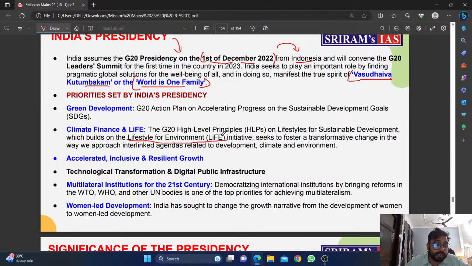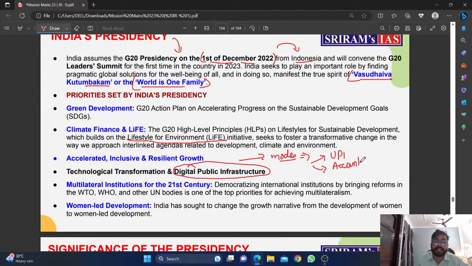Then accelerated, inclusive and resilient growth. This is the next agenda. Technological transformation and digital public infrastructure. Now, what is digital public infrastructure? Basically, all those new modes that India is developing. Like India is working on UPI, India is working on account aggregators,